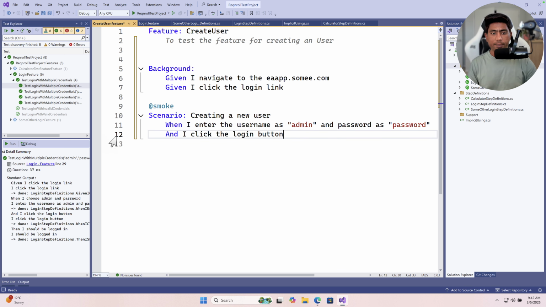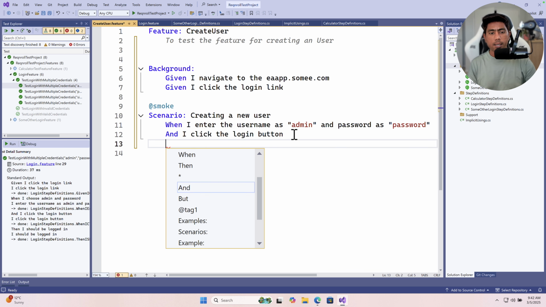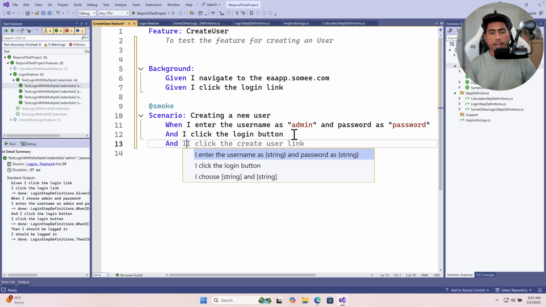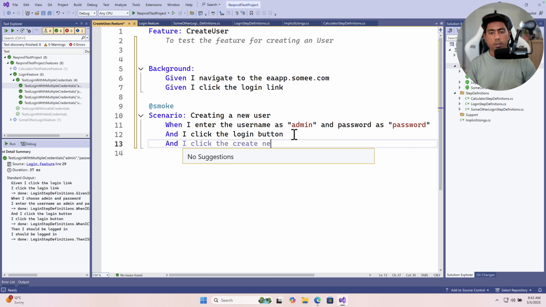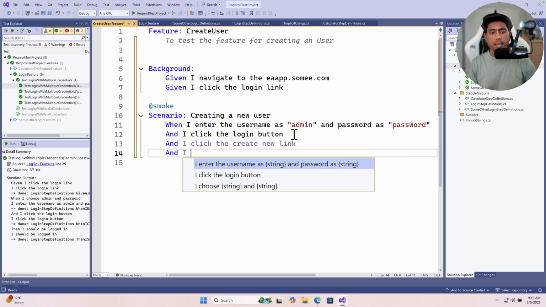I don't have to verify whether it's been logged in or not because I've checked this millions of times before, so I'm just going to leave that as it is. And I click the create new link and I enter